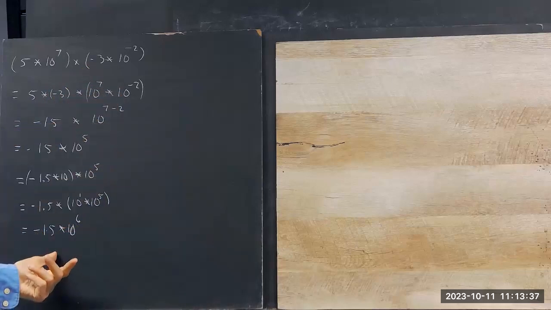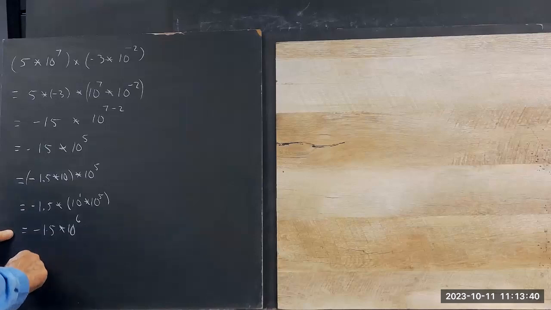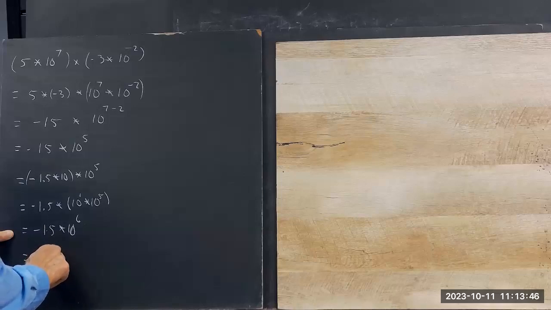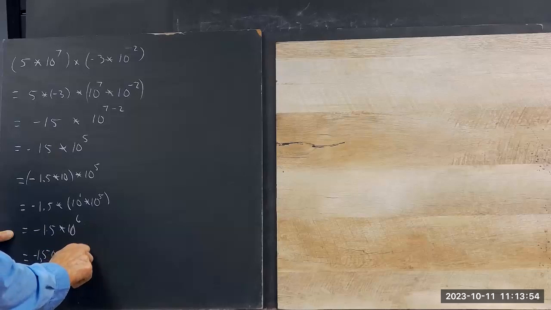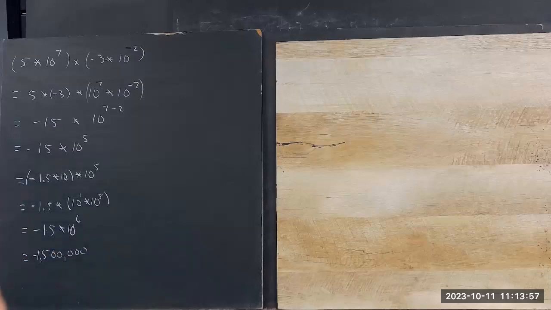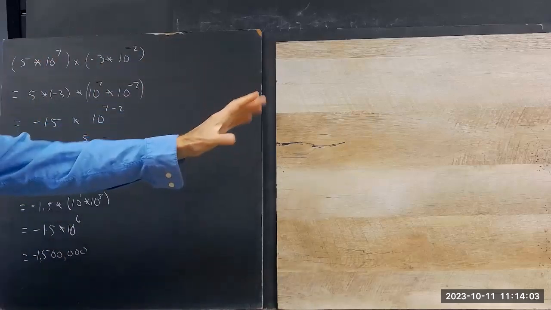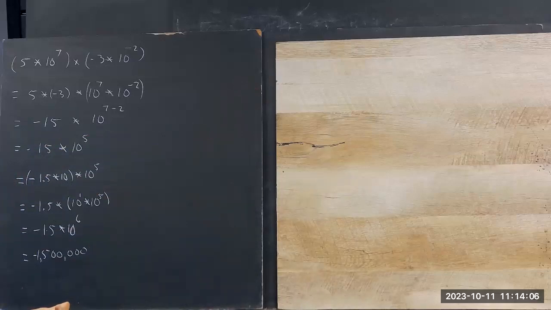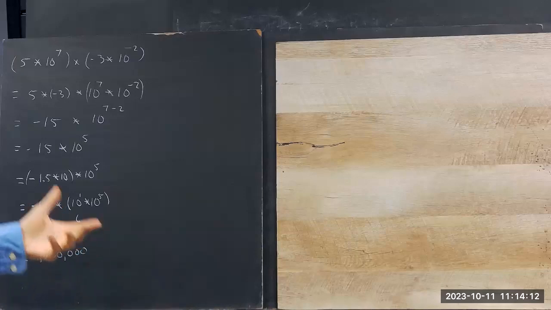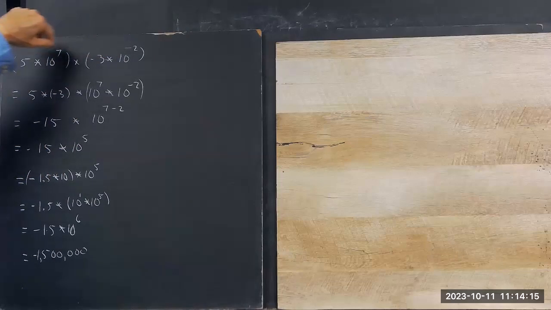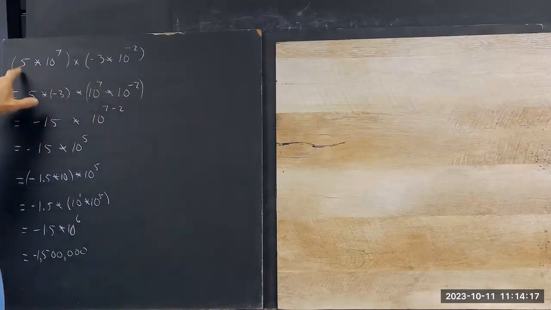Now, if at the end you want to write that with zeros, well, you know that 10 to the 6th is 1,000,000. So that's going to be -1,500,000. Again, the key is we never write out all the zeros. Maybe at the end we want to write them out and see what it looks like. If there are 387 zeros, maybe we don't write it out. There might be too many, but we group our powers of 10 here, and we group our numbers that